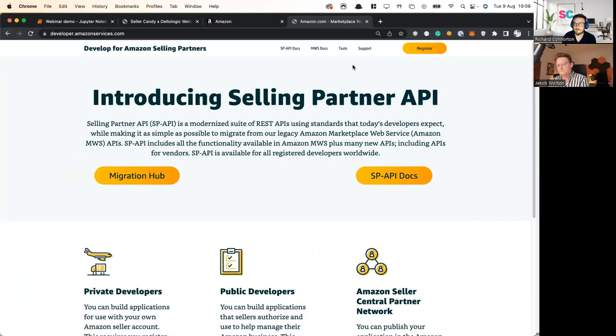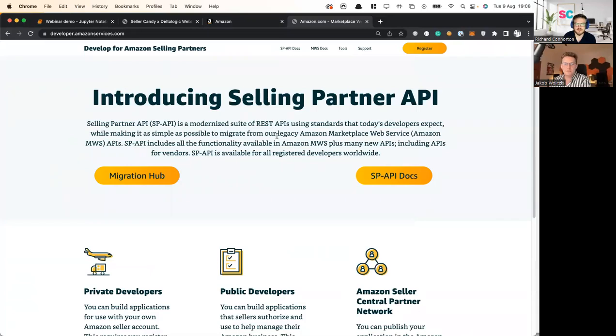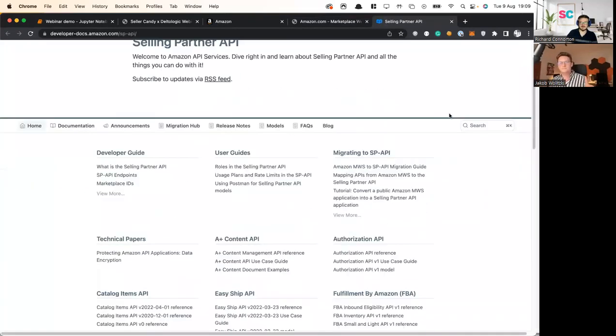Regarding the Amazon Marketplace, this is the only API currently available. Back in the days, there was the old API, which is called MWS, and it was SOAP request based. So it's a super old request type of API. But over the last years, Amazon developers migrated it to the Selling Partner API, and right now it's recommended to just use it, and it's based on the REST API. But this is the only API, and now I wanted to show you the documentation